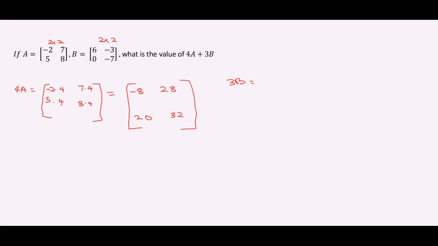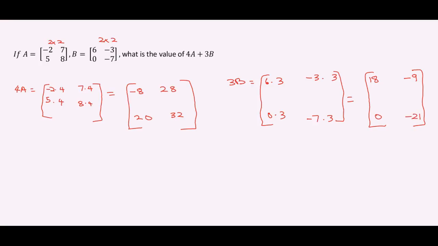3B is going to give us 6 multiplied by 3, 0 multiplied by 3, negative 3 multiplied by 3, negative 7 multiplied by 3, which is going to end us with 18, negative 9, 0, negative 21. So now we're going to have 4A